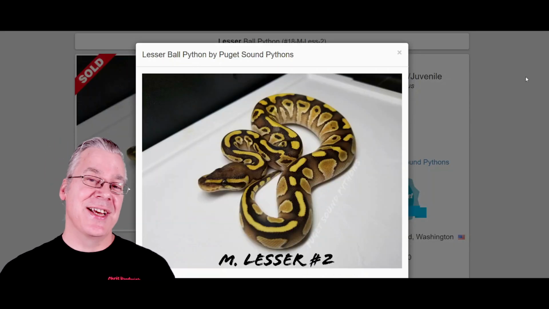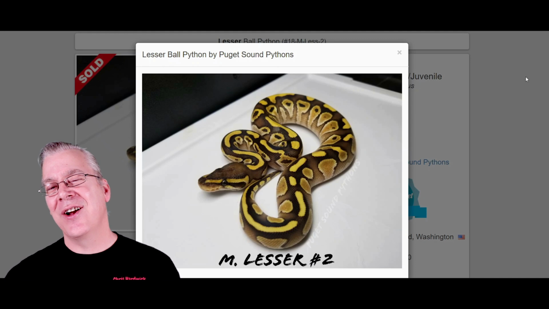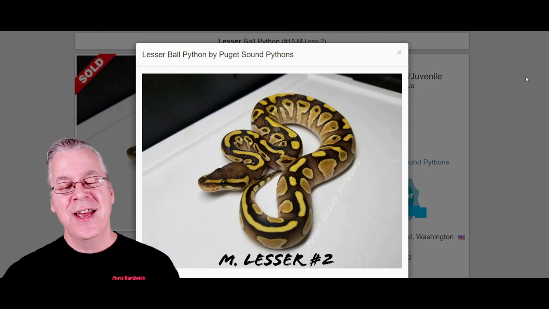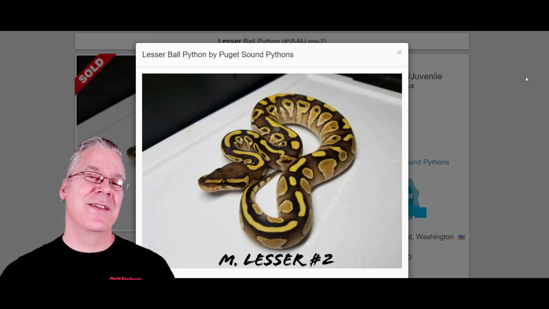So here is the lesser ball python. The lesser is in the blue-eyed leucistic complex. If you actually take 2 lessers and bring them together, you get an all-white snake with blue eyes. And lesser makes some really amazing combinations, but the downside of working with the blue-eyed leucistic is